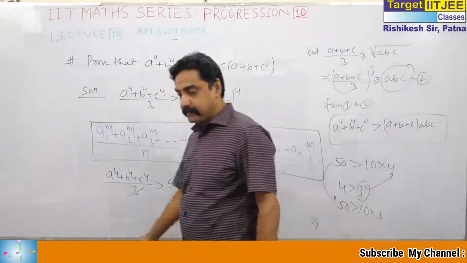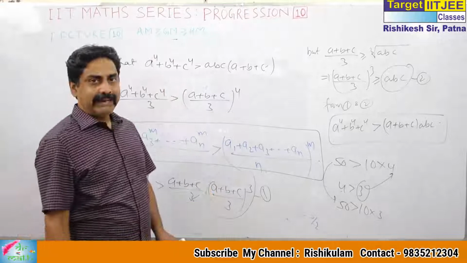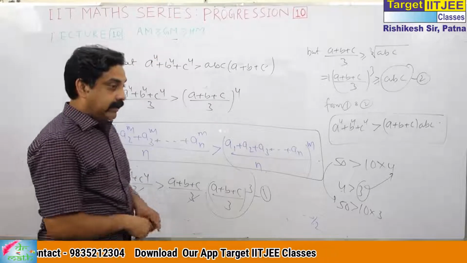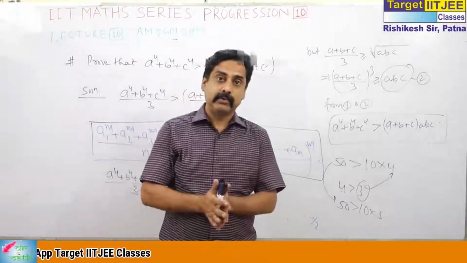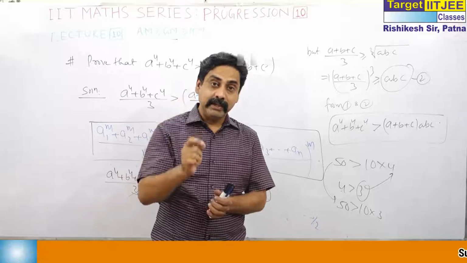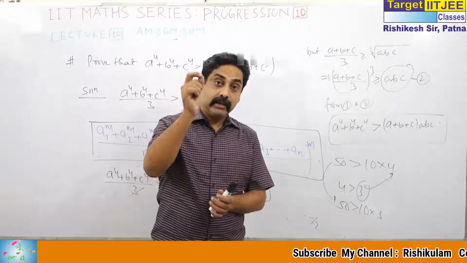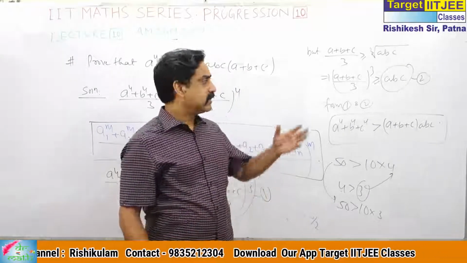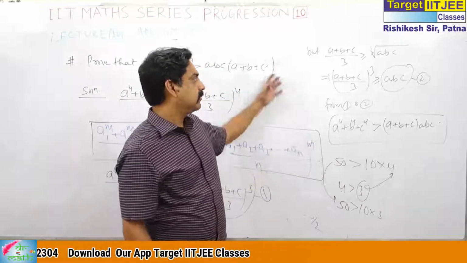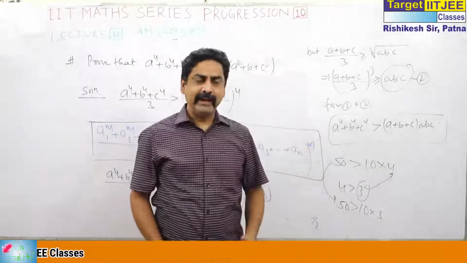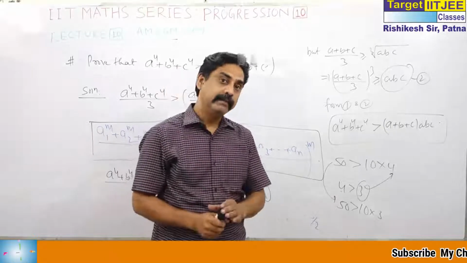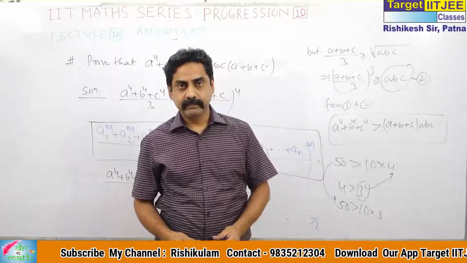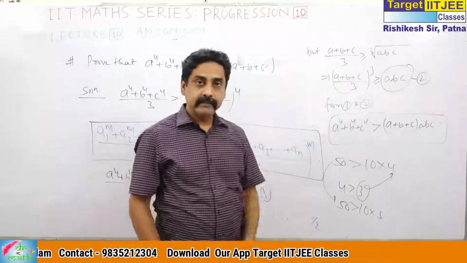This is the way. This is all about AM-PM. Normally IIT doesn't ask questions on this, since it is not in the syllabus. There are more means you can find in books, such as the weighted mean, Cauchy-Schwarz inequality, Chebyshev inequality, and Weierstrass inequality. I will give you ideas of these in PDF format, in written form. You can see them and avoid them if you are going for the IIT examination. Questions from these are asked in Olympiad examinations.